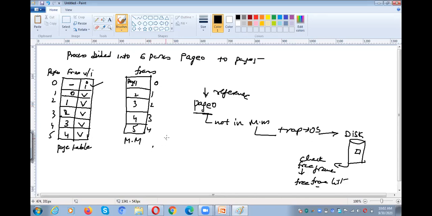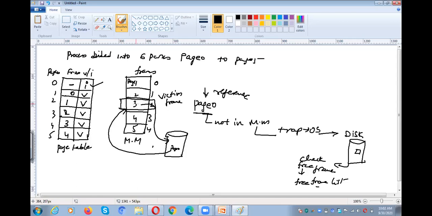Okay, this is the main memory, and for example, this is the secondary memory. Page 0 is in secondary memory. So I will select one of the pages as a victim frame. That means I want to swap out this particular page to the secondary memory, and I need to swap in page 0 to the main memory.